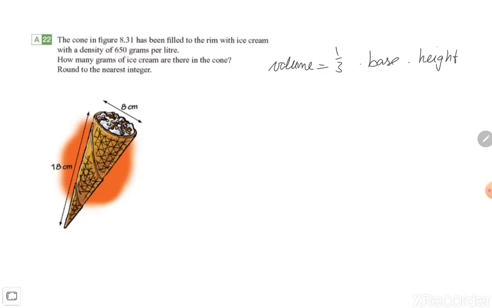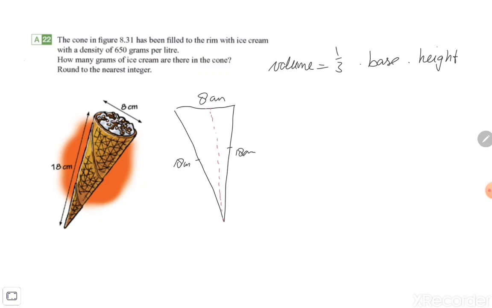But be careful, because here we have no idea what the height of the cone is, because the 80 centimeters is not the height of the cone. So let me just look at the front side of my cone. There you go. And this is 8 centimeters. This line was 18 centimeters, and the other one too. So it is an isosceles triangle. Both lines are equal, but we needed to know the height